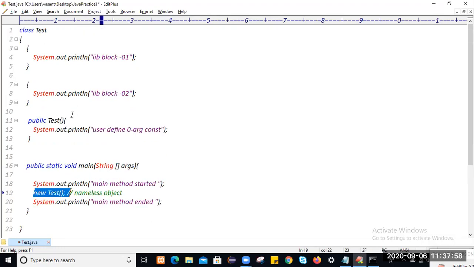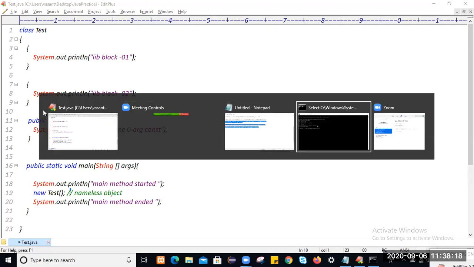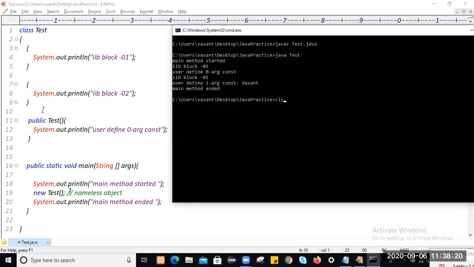During object creation, first it will check whatever instance blocks are there within the class. The instance blocks will get executed from top to bottom. First the topmost instance block will get executed, then the second instance block, then the third, like that. And finally, once all the instance blocks have been executed, the constructor will be executed.